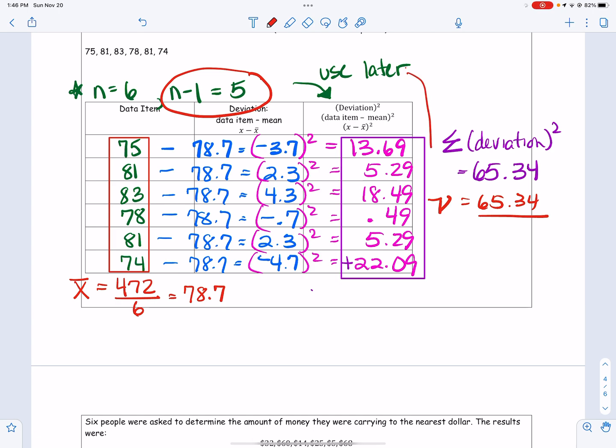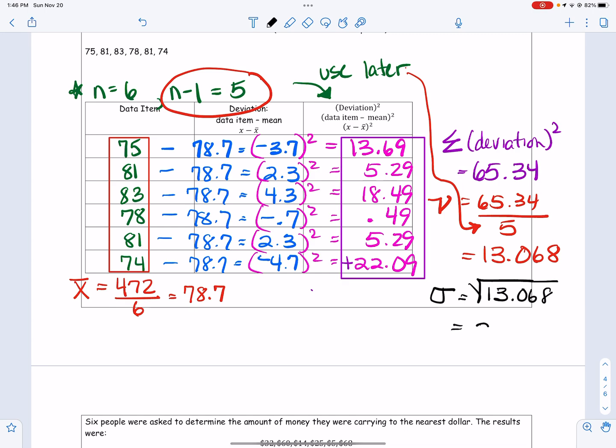Okay, so that comes down here. And when I take 65.34 and divide it by 5, I get 13.068. And I'm going to take it out a few decimal points. And now I'm going to find my final answer, which is sigma, and that is the square root of that last number. And so that comes out to be